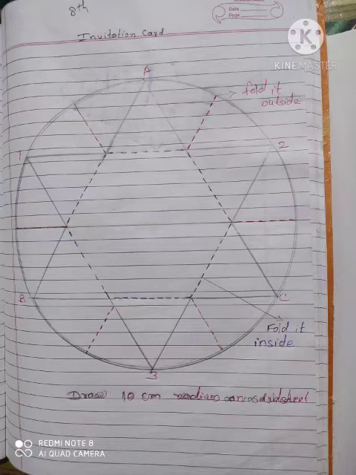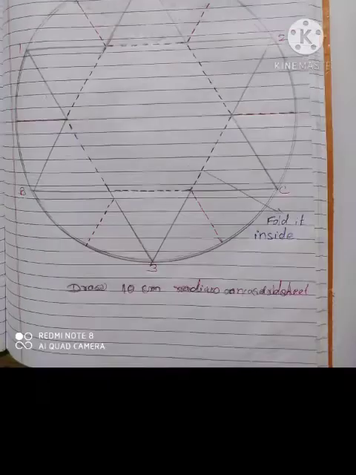Now inside the star shape is the hexagon. That hexagon dotted line I am giving, you have to fold inside, and another dotted line shown that I wrote there, fold it outside. While folding these two triangles inside, automatically the outside portion comes out, and you have to fold it like a flower petal. Same you have to fold all sides and you will get the invitation card.